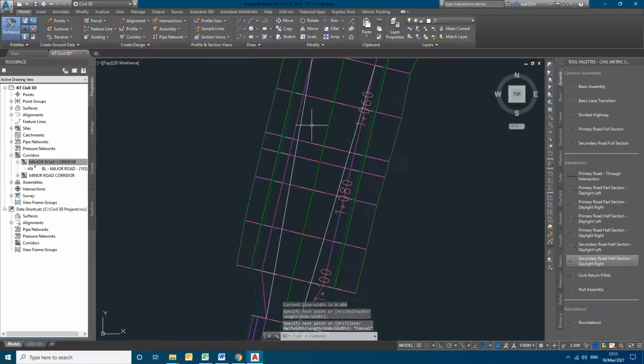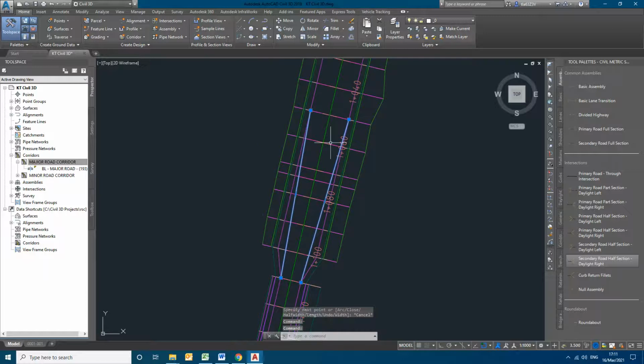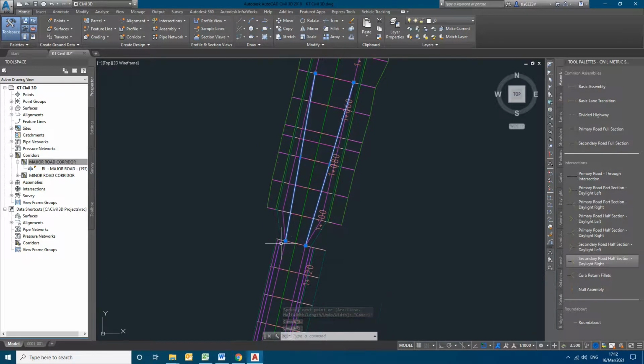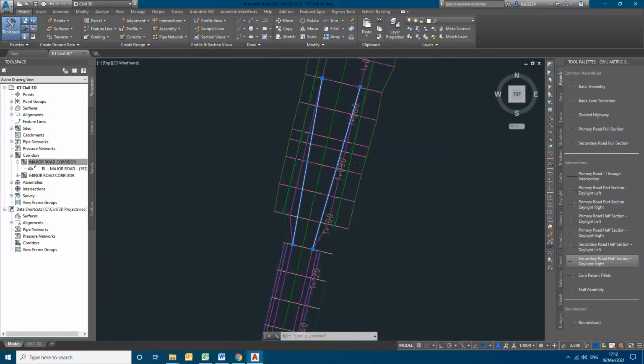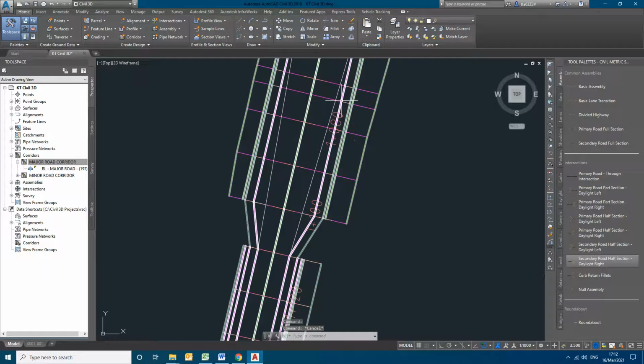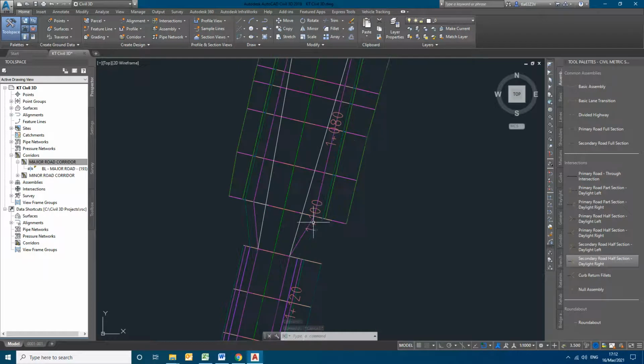So we had created two lines, two polylines. So now what we will be doing is we are targeting our road in order to follow this polyline until it gets merged with this. So you can see now the actual corridor that we had applied is in this manner. So now this corridor will be following these polylines.